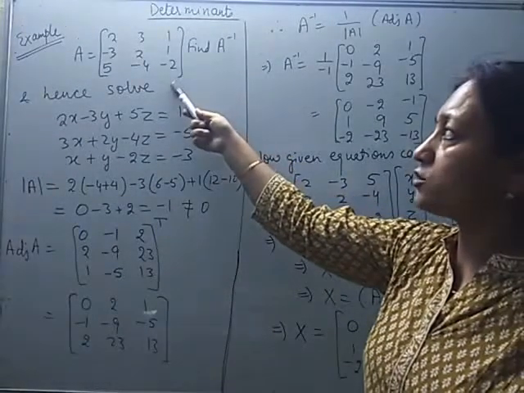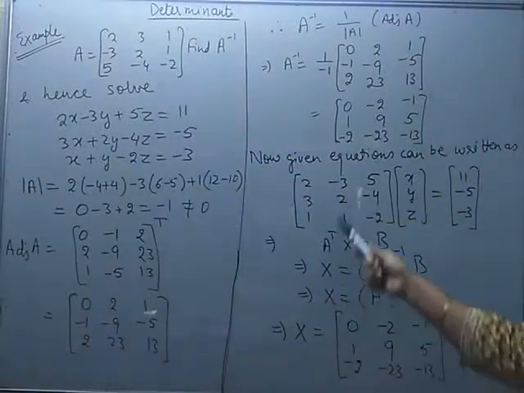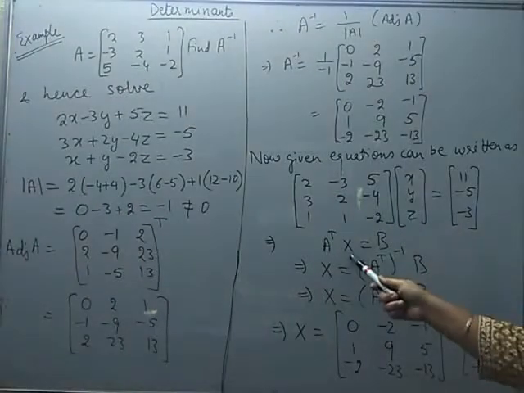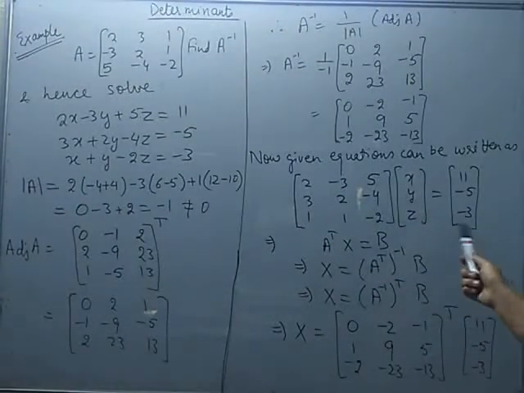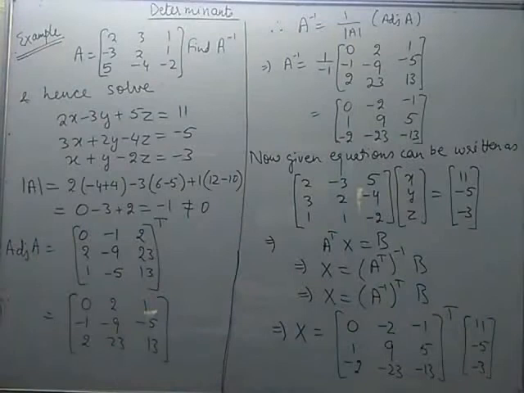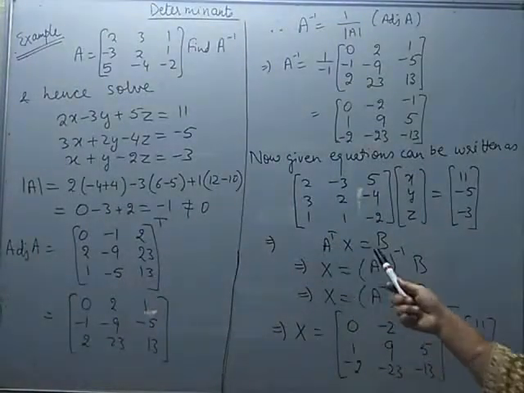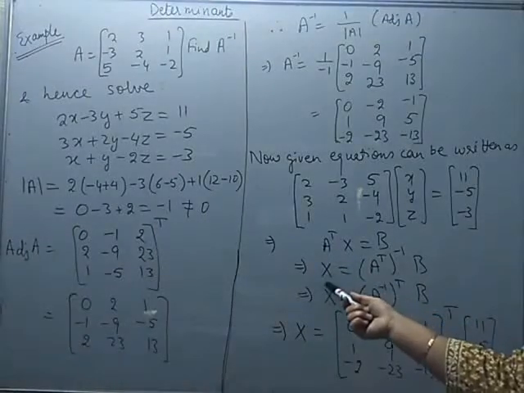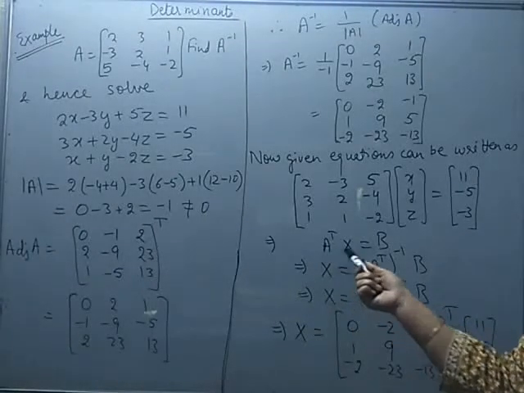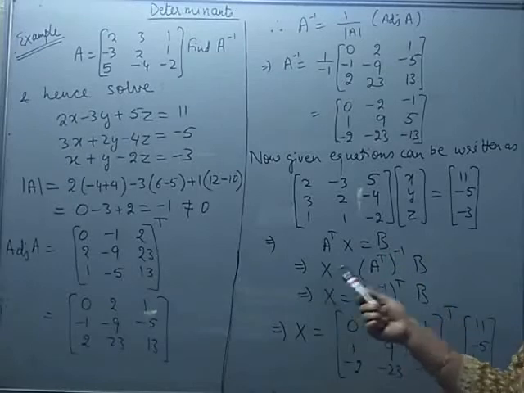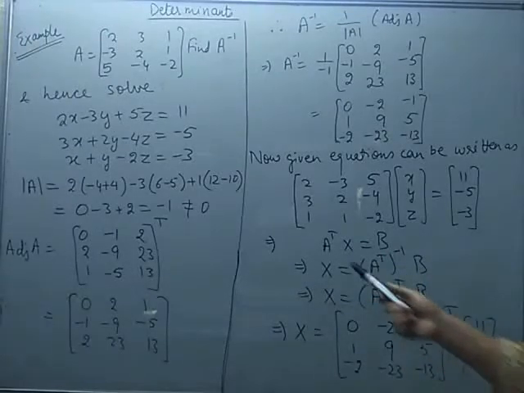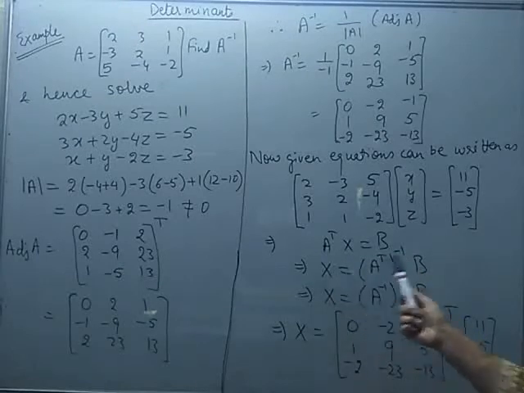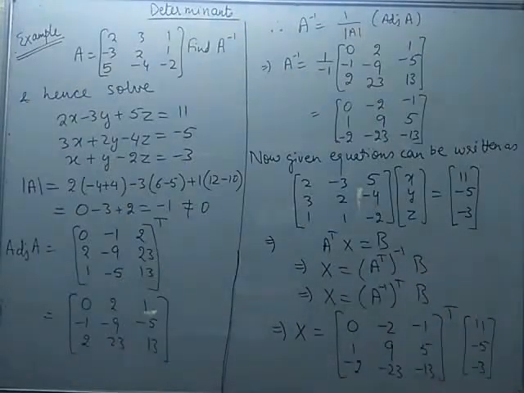So how are we going to use it? If this is named A, I can name this matrix as A transpose. Then the matrix of variables as X and the matrix of constants as B. So multiplying both sides by the inverse of A transpose. Provided this was AX equal to B, I would have written X is equal to A inverse into B. But this is A transpose into X is equal to B. So X will be inverse of A transpose into B.